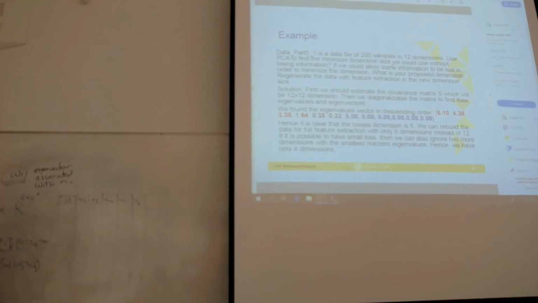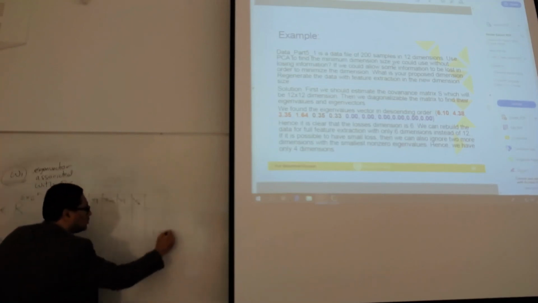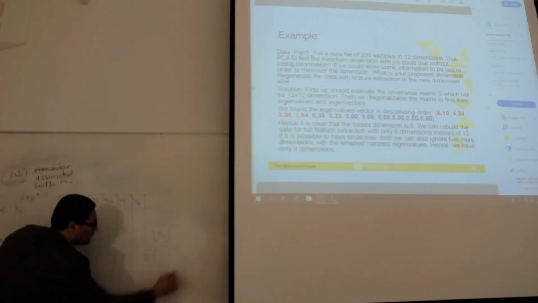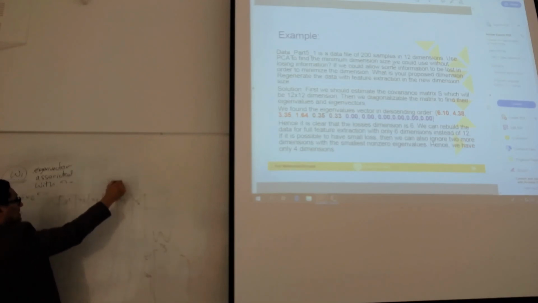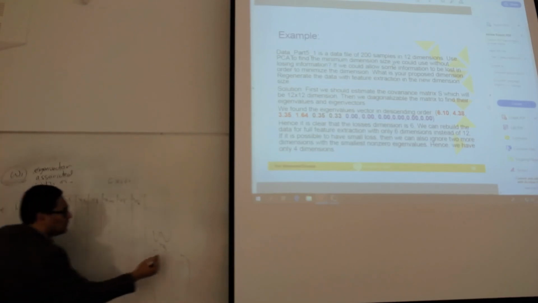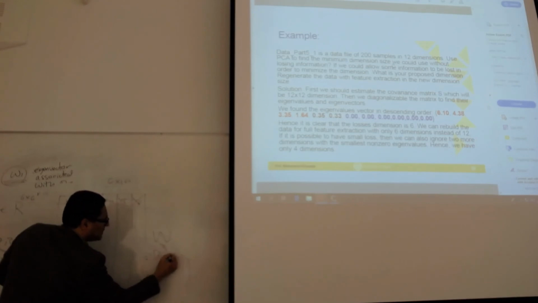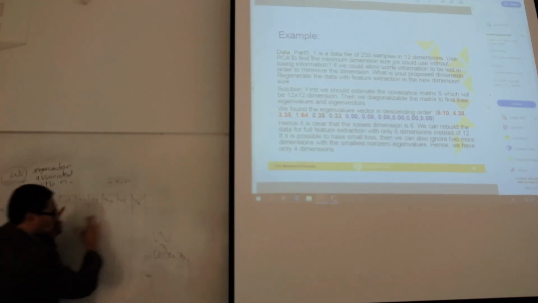Because this is not feature selection here. You cannot remove any vector, okay? What you should do is multiply all this by the new W, then the result will be 3 by 100. So now we have 6 by 100, 6 columns and 100 rows. The result will be 3 columns. So we have Z1, Z2, Z3, and then we have 100 inputs. So this is the projection. So we have projected this data into lower dimension.